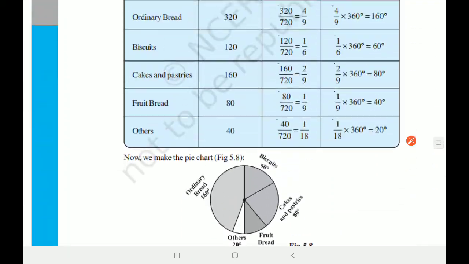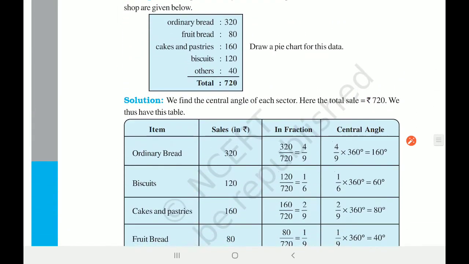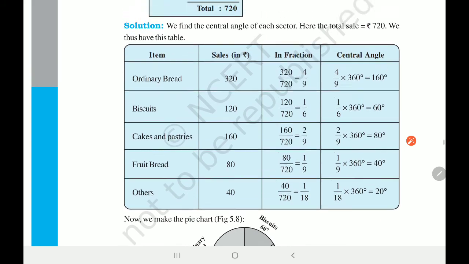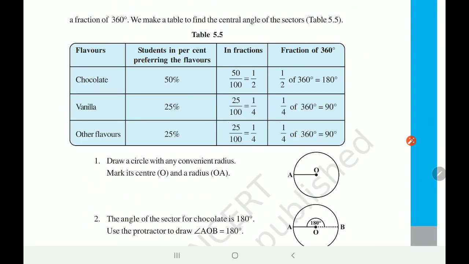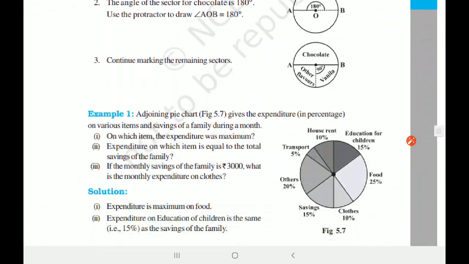So these are the pie charts. Okay, this is the way how it is done in the text. Have a look. Some example, and the angle, the central angle is written here, central angle. Could you see that? This is the way how it is done. So it is there the same way in the text as well. Okay, you don't have to worry. So try those two questions. Maybe you will be able to do that.